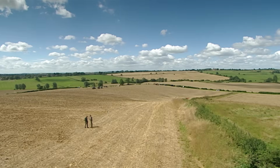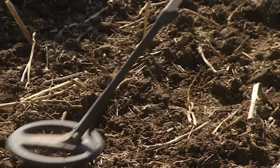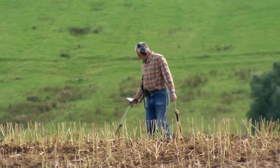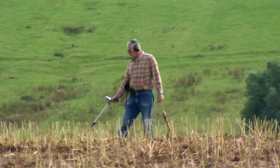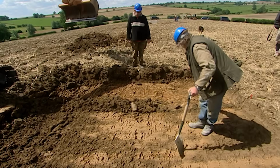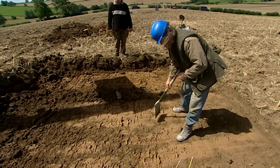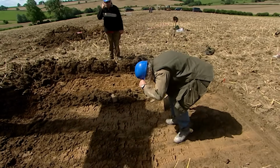So it looks like we've found a good place for a Saxon cemetery. So this will be our first target up on top of the hill if we're looking for evidence for a cemetery. I quite like that idea personally, yes. Saxon cemeteries are often discovered by finding metal goods in the burials, so metal detectorists get going on top of the hill. Oh, look at that, we might well have one coming in there. Yeah. Meanwhile, back in Phil's trench...